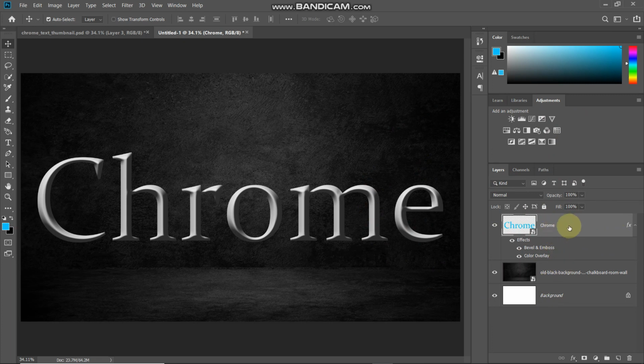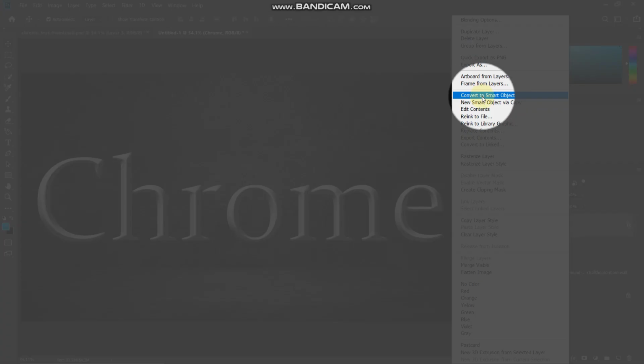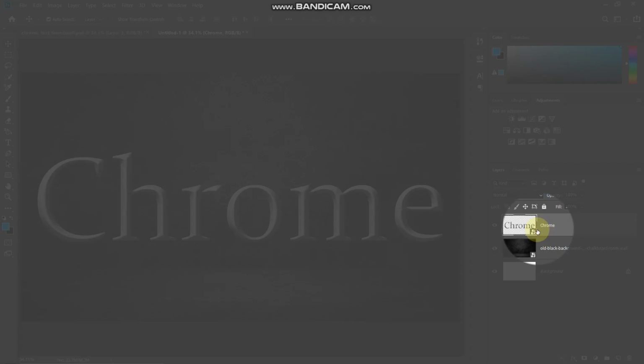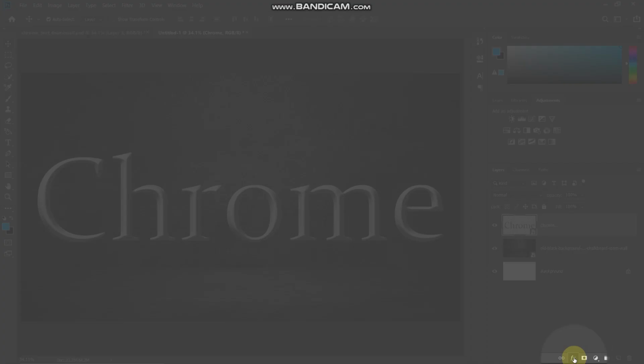After that we again need to convert this layer into a smart object. So for that right click on the layer and then select the option Convert to Smart Object. Now as you can see, a new smart object has been created which contains the previous smart object. Now after that you need to click on the Add Layer Style option and then select Bevel and